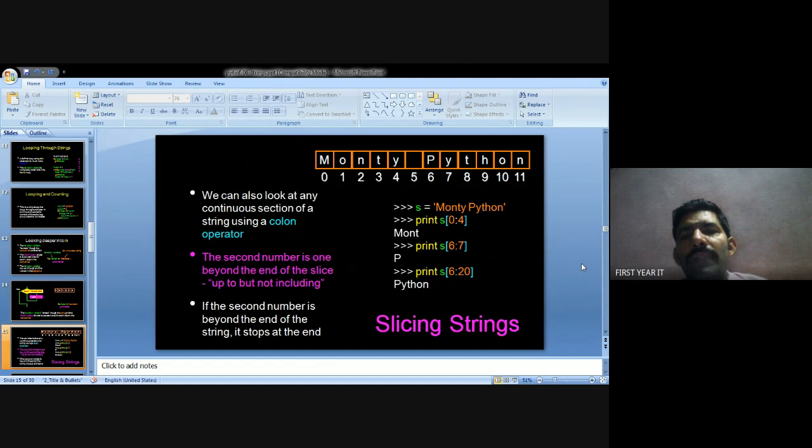The sixth position represents the B, so we can print out the B. Next, print s of 6:20. Between 6 and 20, you have Python displayed as the value.